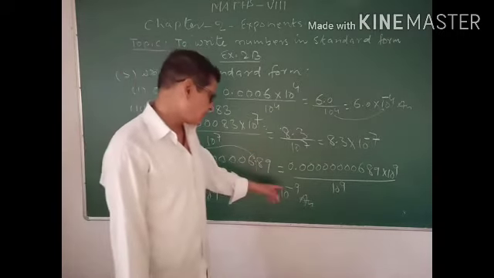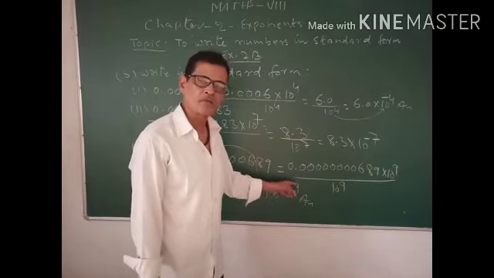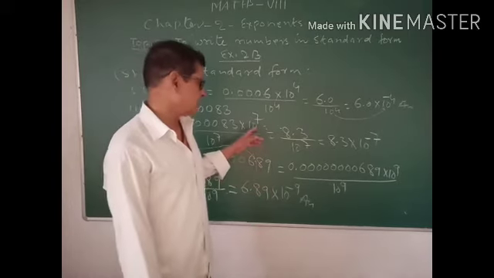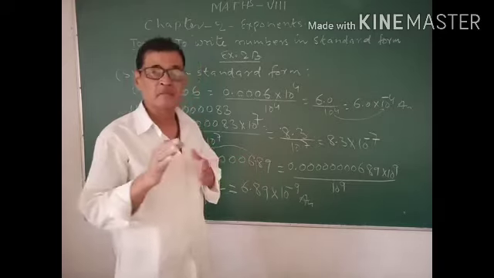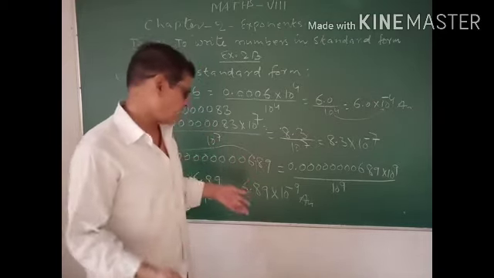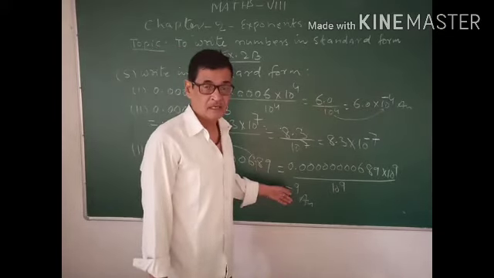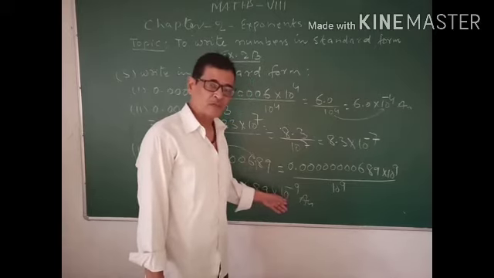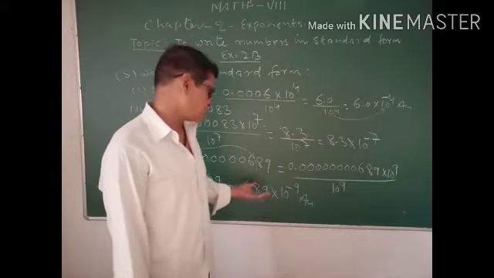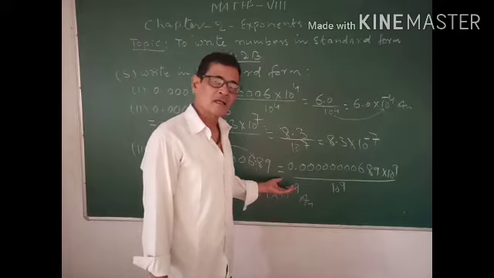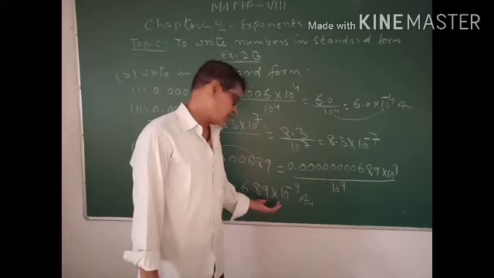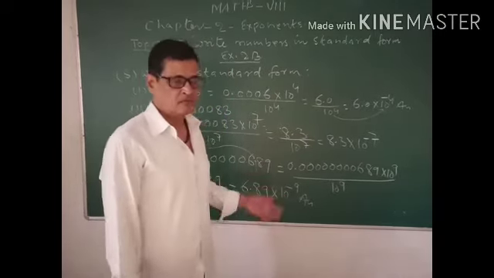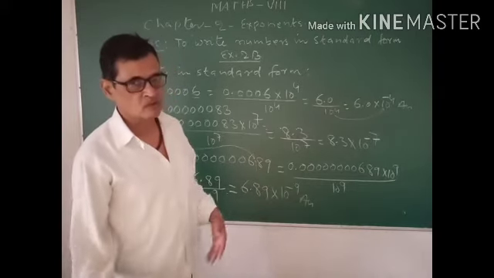greater than 1? By observing the sign of the exponent of 10, 10 के एक्सपोनेंट का साइन देख करके आप बता सकते हैं कि ये दिया हुआ नंबर 1 से छोटा है या 1 से बड़ा है। हाउ, किस प्रकार से बता सकते हैं? अगर 10 का पावर, 10 का एक्सपोनेंट पॉजिटिव है तो सर्टेनली दिस नंबर इज ग्रेटर देन 1, एंड इफ द एक्सपोनेंट ऑफ 10 इज निगेटिव, अगर एक्सपोनेंट जो है निगेटिव हो गया तो उसी समय आपको समझ लेना है कि ये नंबर 1 से छोटा है। तो दिस इज अ क्वेश्चन फॉर मल्टीपल चॉइस। बाय ऑब्जर्विंग द एक्सपोनेंट ऑफ 10 you can say whether the given number is greater than 1 or smaller than 1.